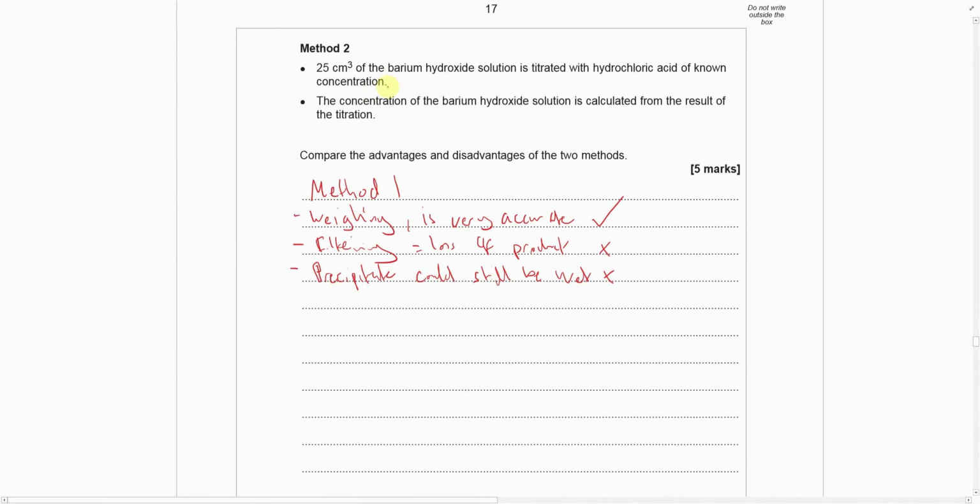Method 2. So the 25 centimeter cubed of the barium hydroxide solution is titrated with an acid of known concentration. The concentration of the barium hydroxide solution is calculated from the result of the titration. So for method 2, oh, where's my pen? There it is. Method 2,